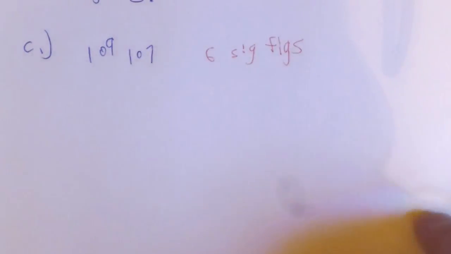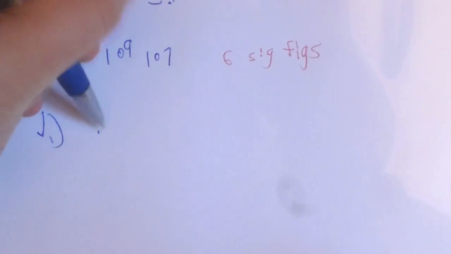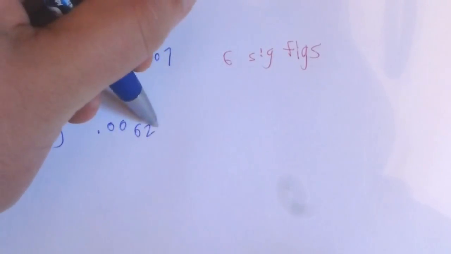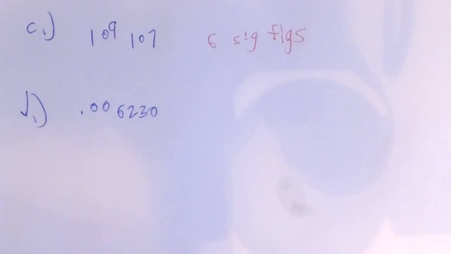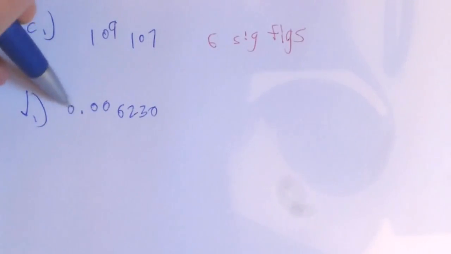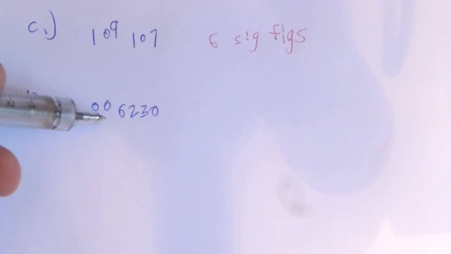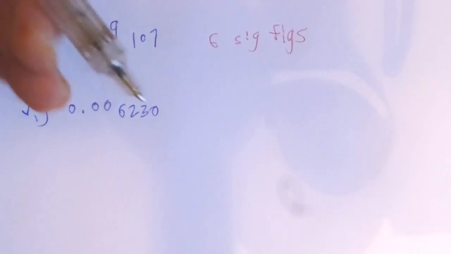Judging from how the examples above went, these next examples are much easier to understand. So let me give you another one. D. 0.006230. How many significant figures are in this? These are known as leading zeros, and they are not significant. Let me just put another 0 there, just to be safe. Because this can also be written as